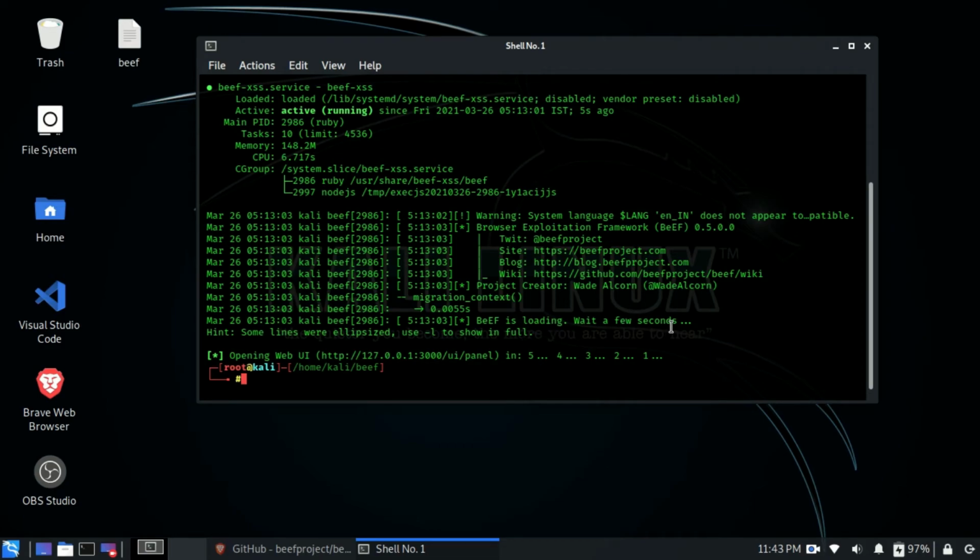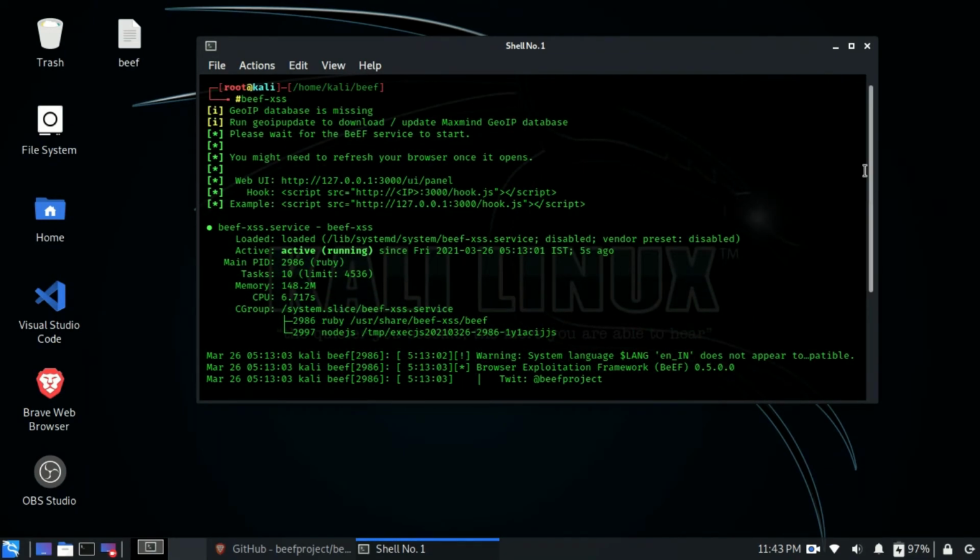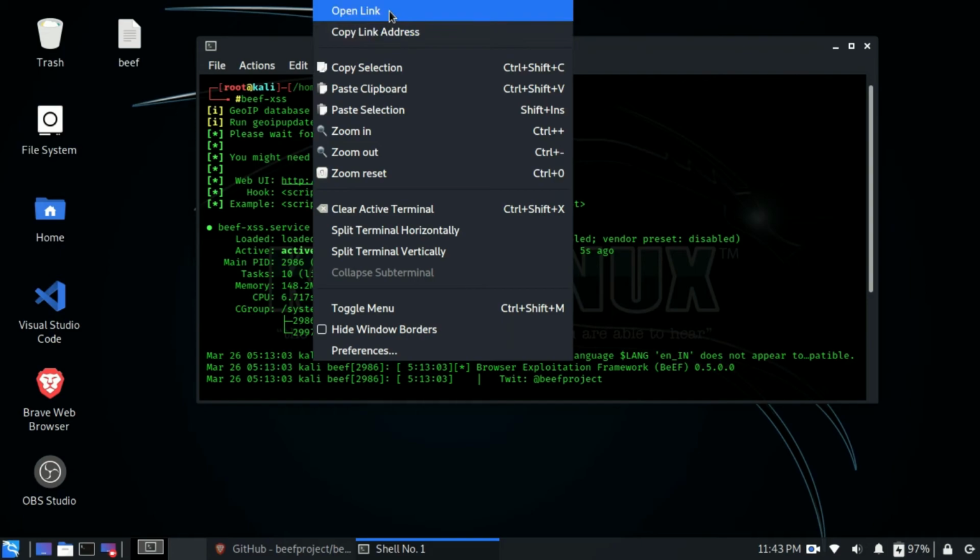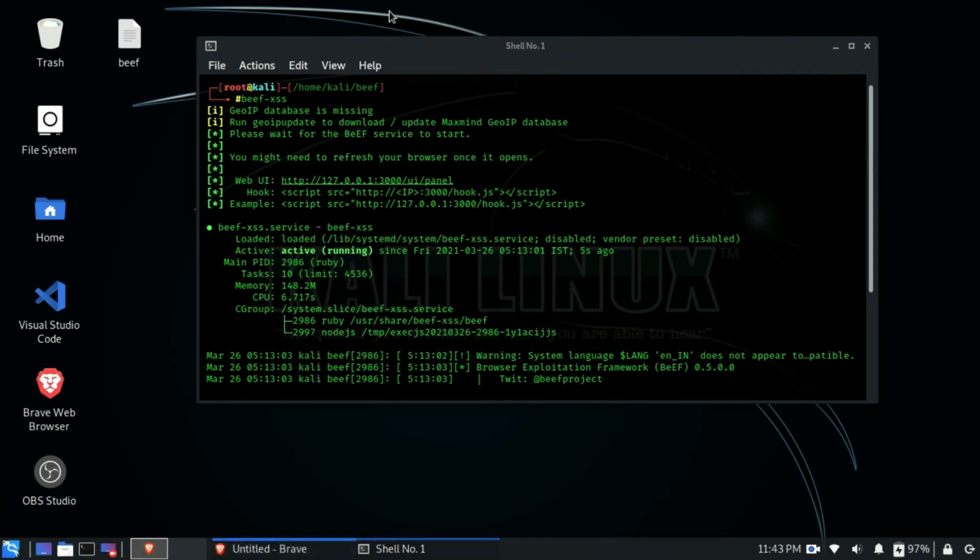This can happen to you also, but in most cases it automatically opens in the browser. If it does not, you can access it by this URL. It says web UI, and you just need to right click on this and then click on open link.